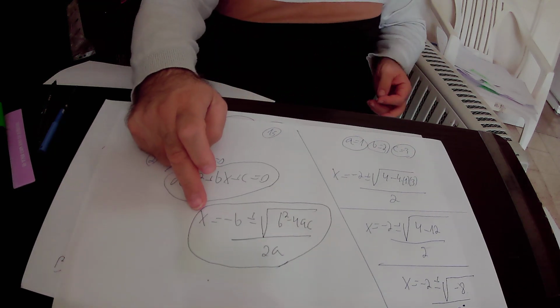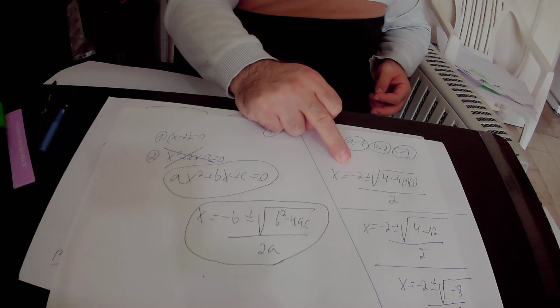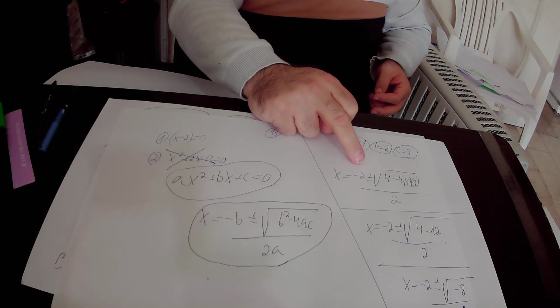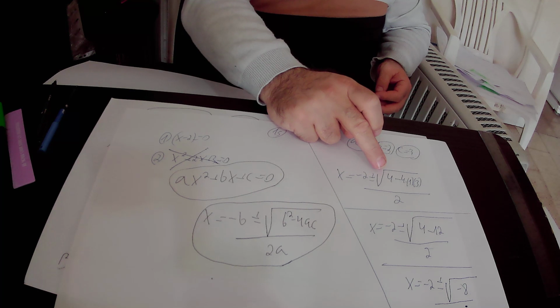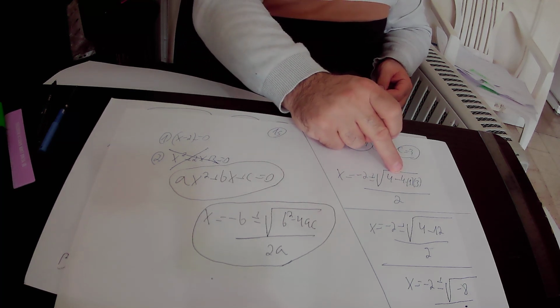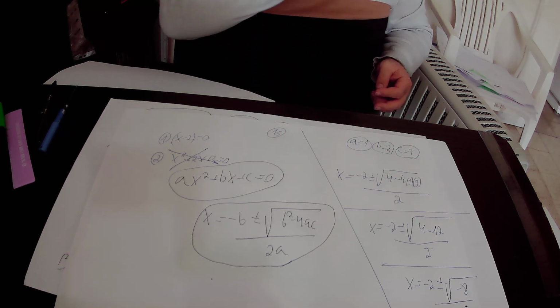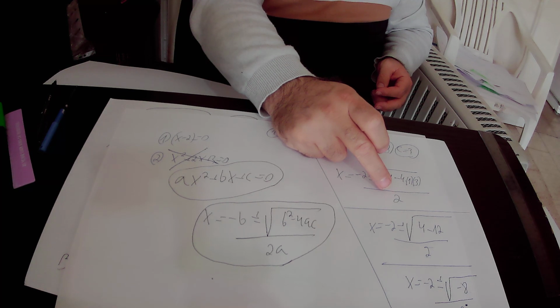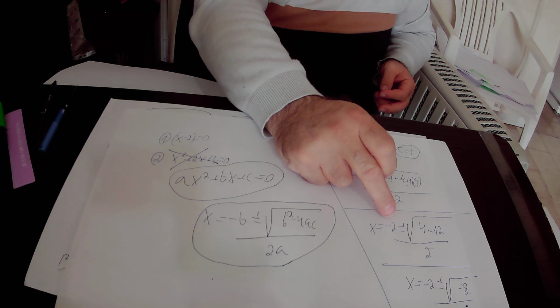Here x equals minus b, b is 2, so minus b is minus 2, plus minus square root of b squared, b is 2, so b squared is 2 squared, 2 squared is 4, minus 4 times a times c, a is 1, c is 3, so it is minus 4 times 1 times 3, over 2 times a, so 2 times 1 is 2,